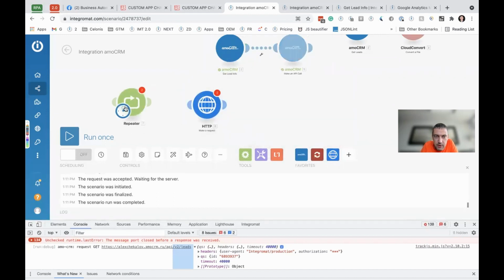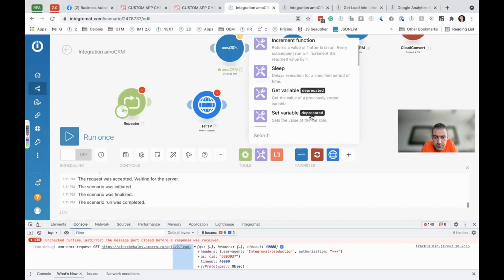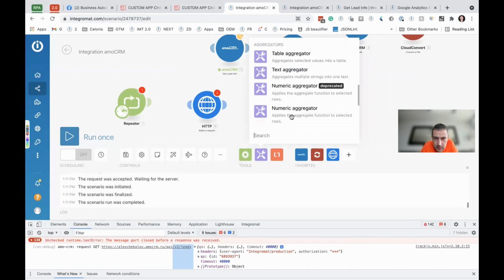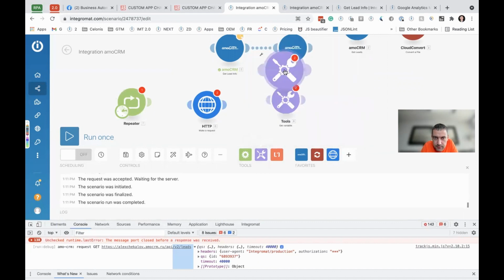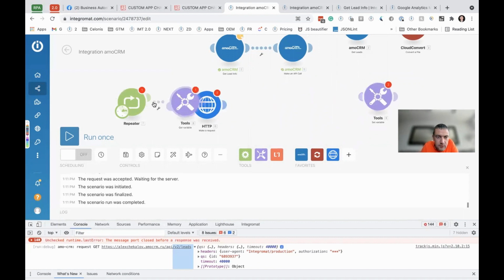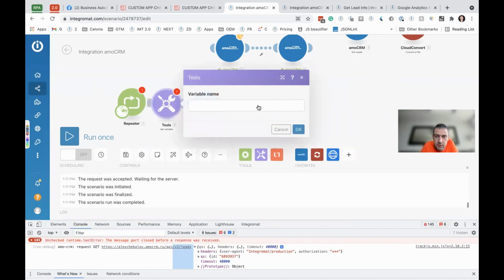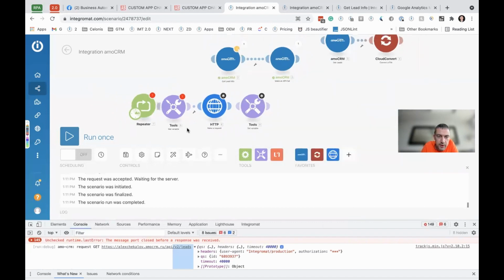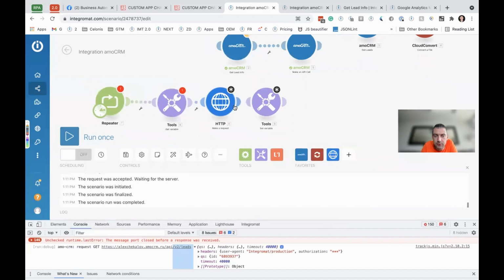So you do something like a repeater. You should set variable and get variable, probably set multiple variables, and then you usually build this kind of logic that helps you perform simulated pagination. So you repeat this several times, you get some results, store them here, and then check before each next repeat to understand whether you still have results. So this definitely takes